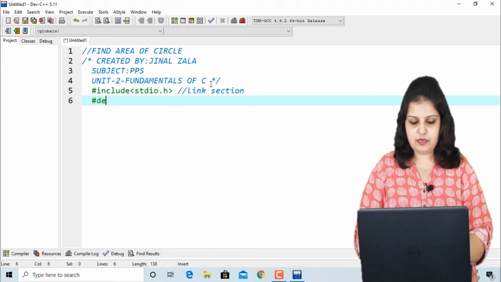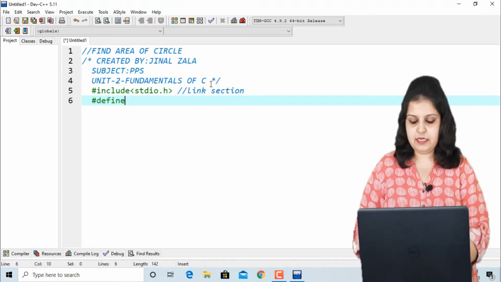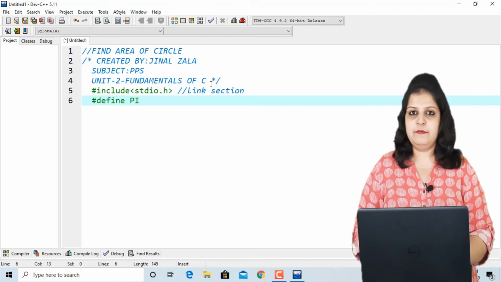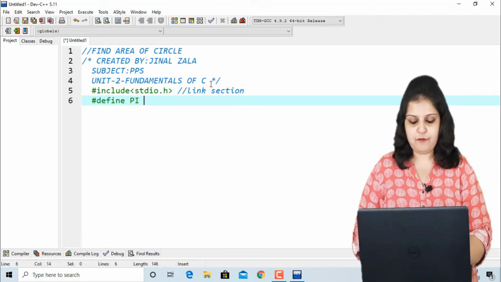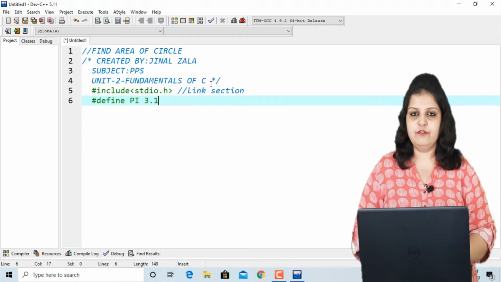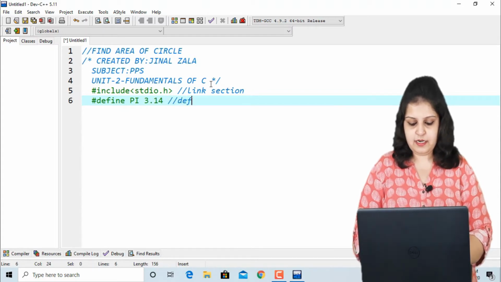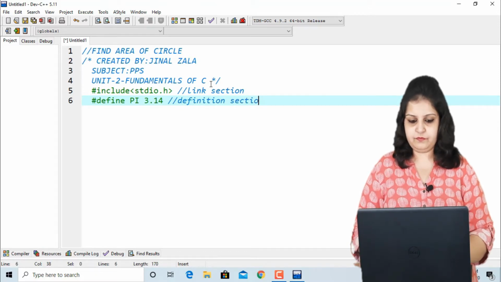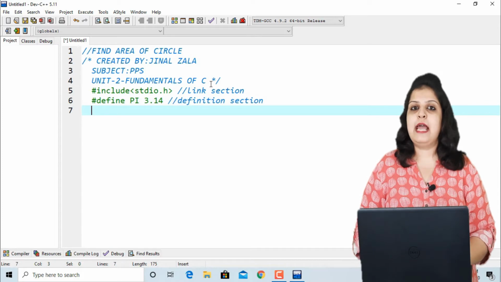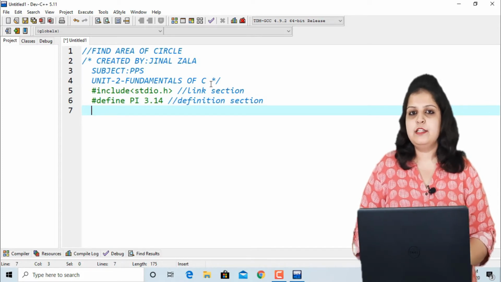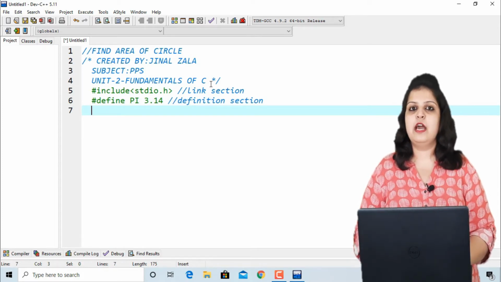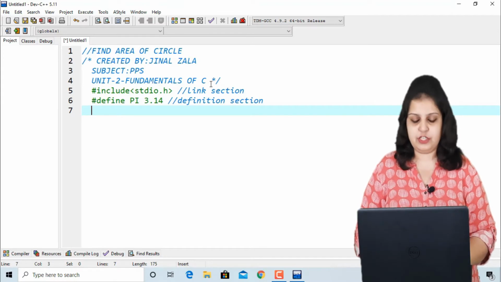Hash define, then our variable name is pi, and the value of pi is 3.14. So this section is called the definition section. Now next, global declaration is not required here.